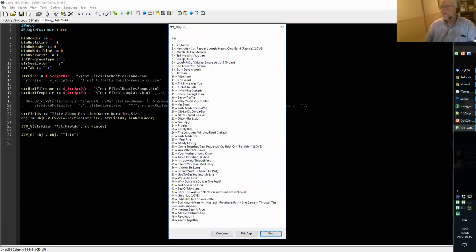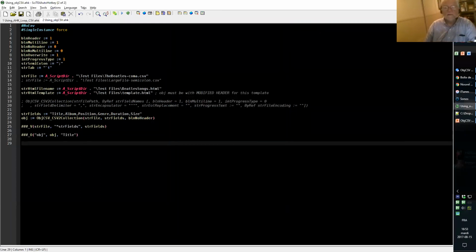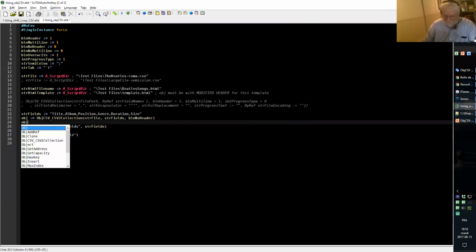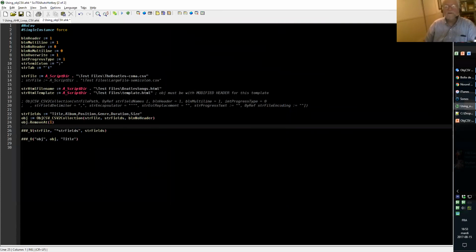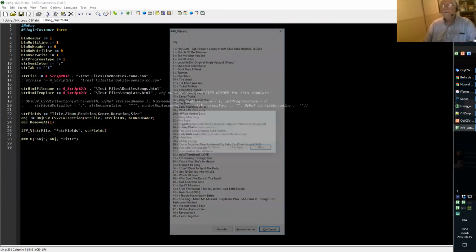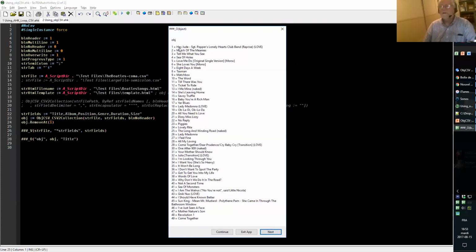Of course, I didn't change the file. I'm using the same file where the first line is in fact a header. I'm telling the function it's not a header. There's no header. Use this header. So this first line here should not be there. What I'll just do here, I will just remove it. I'll say remove the first line. So we have only the data we want here.